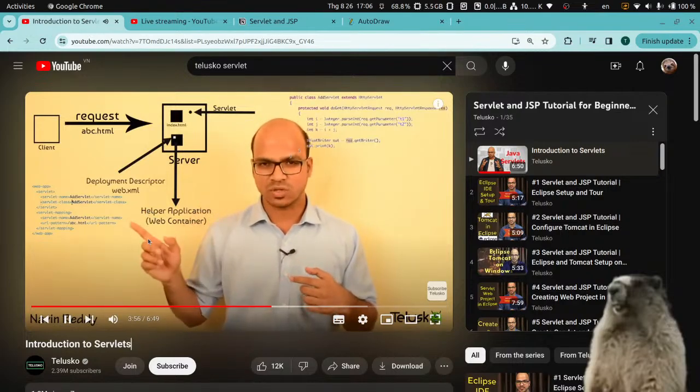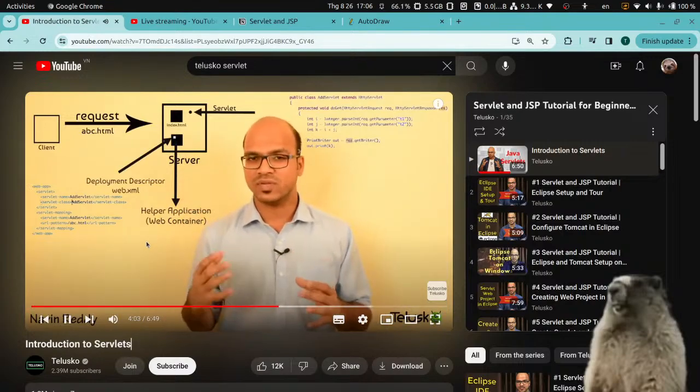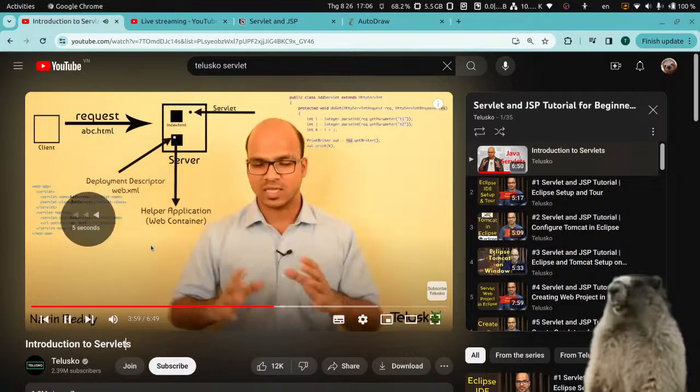So let me repeat, when the client sends a request, it goes to the server. Now the server thinks, okay, this is the running page. Let's send the request to the web container. Now the web container will check, okay, this request will be mapped by